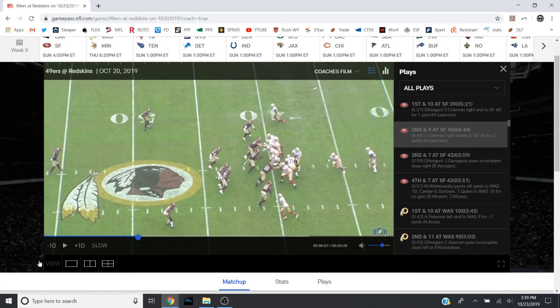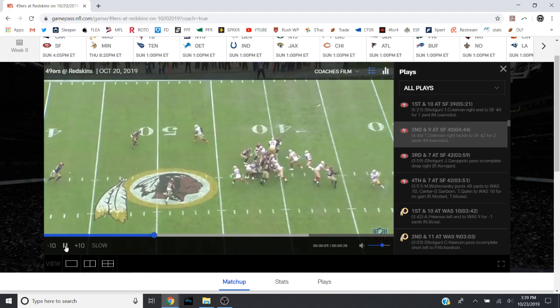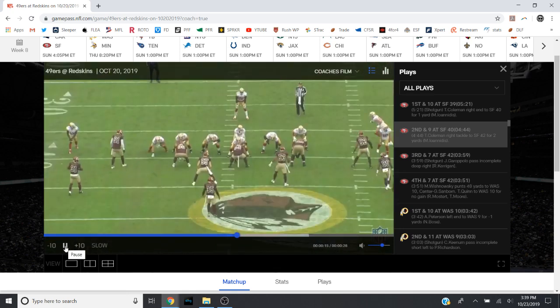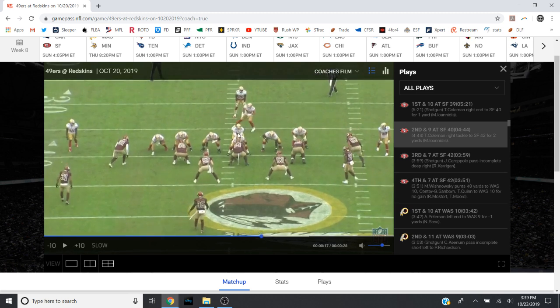So pay attention to our guard center here. We've just got a guard coming back. Everything looks great, but we don't hold our blocks, which is going to be a common theme. Whenever we do the zone, our outside zone blocking, that's one thing. But whenever we do this kind of power running game, what's going to happen here, you can tell by